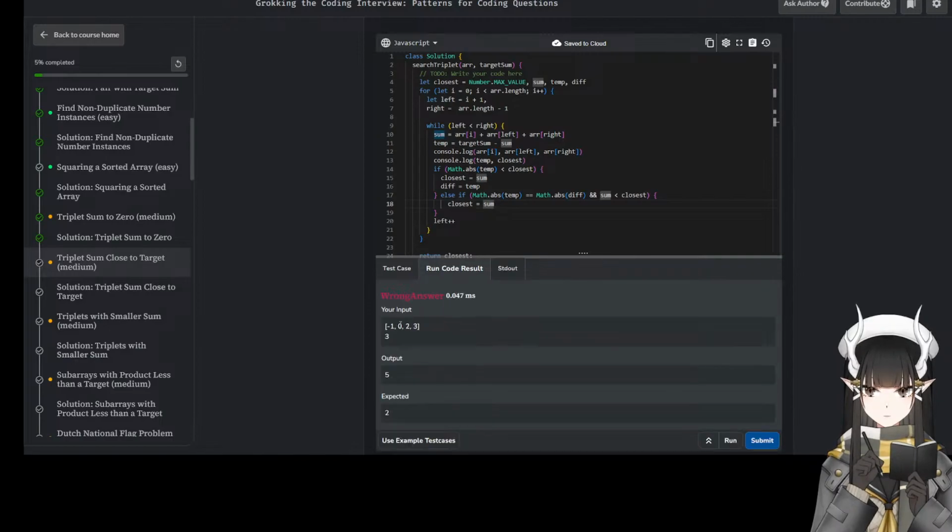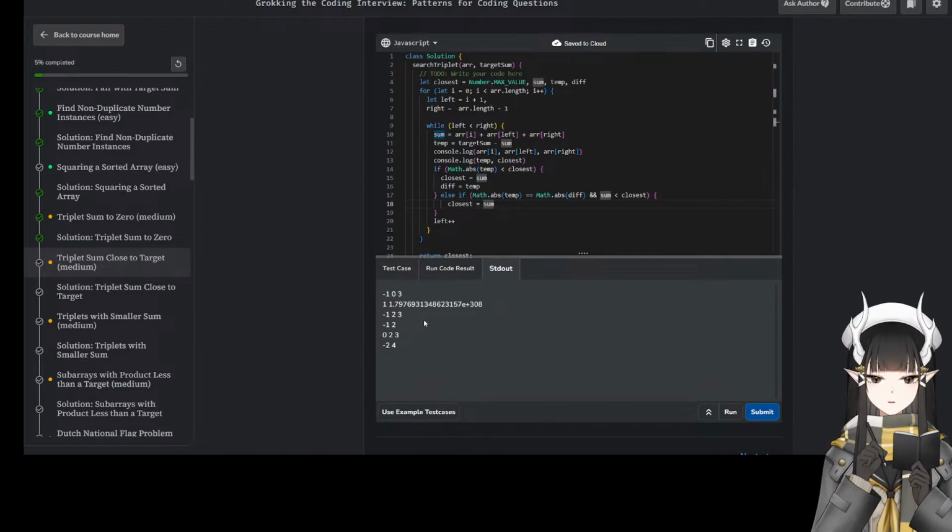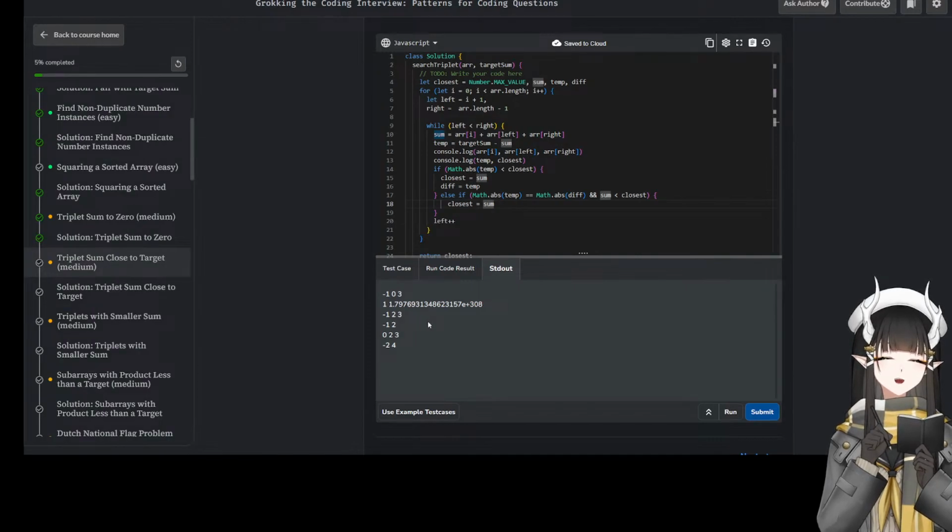The first one is 1. 1 and target 3 is 2 difference. Ah, my brain is not working today.